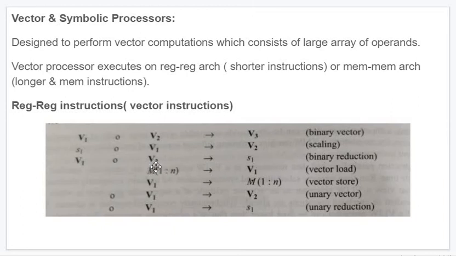Memory fetched onto a vector is called vector load. The vector has been loaded with a value from memory. So like this we have unary operations and binary operations. Binary means two values, unary means a single value. Above we have two vectors, here it is only one vector. Unary vector v1 changes to v2. The unary vector has lost its direction and entered only the field of magnitude. Here it is register to register because there are no memory related activities.